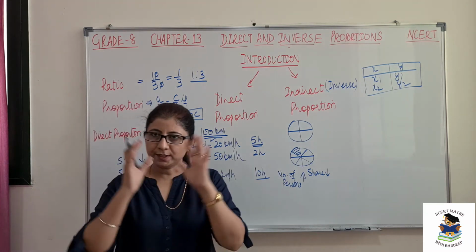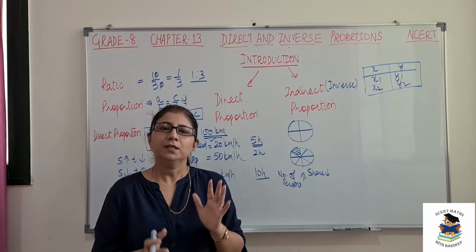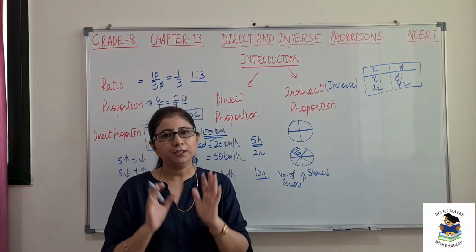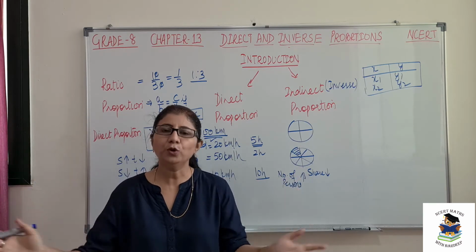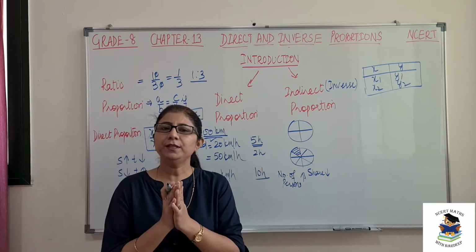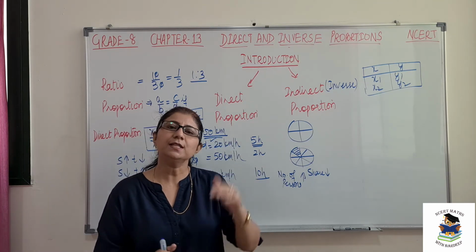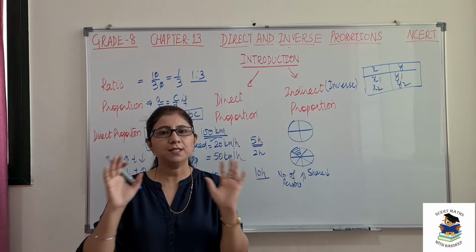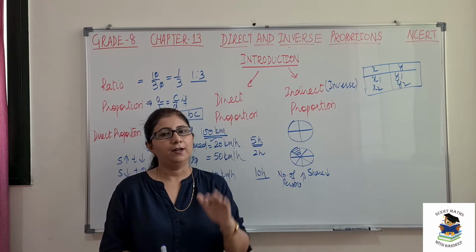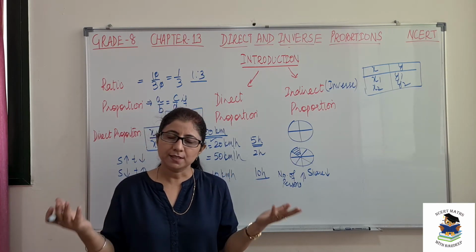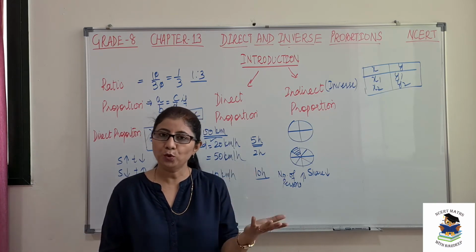Suppose I have to construct one house, and I have only 4 laborers and they will finish the work in 3 months. Same thing, if we have more workers, then more work will be done in 1 day and time will be reduced. So that means the same work can be done in less number of days. But if I have less number of workers, since the same work is to be finished, they will do the same work in more number of days.